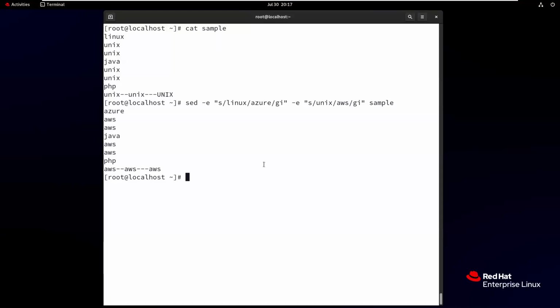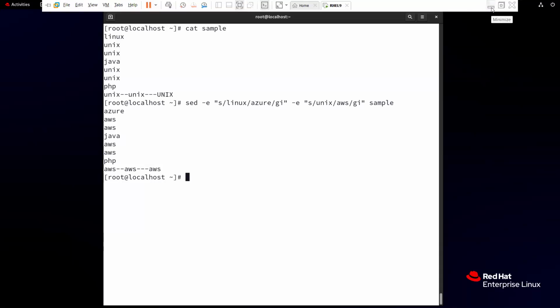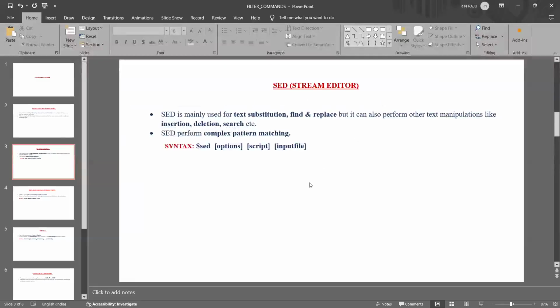So this is the proper way of replacing words in your file. That is called sed, the stream editor. You can search and replace words in your file. That is the advantage of the sed command, stream editor. Next,